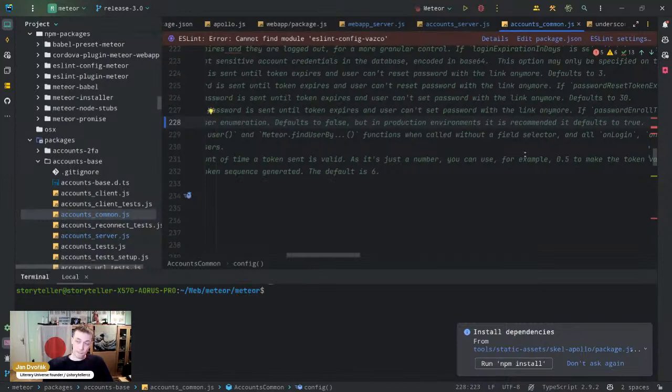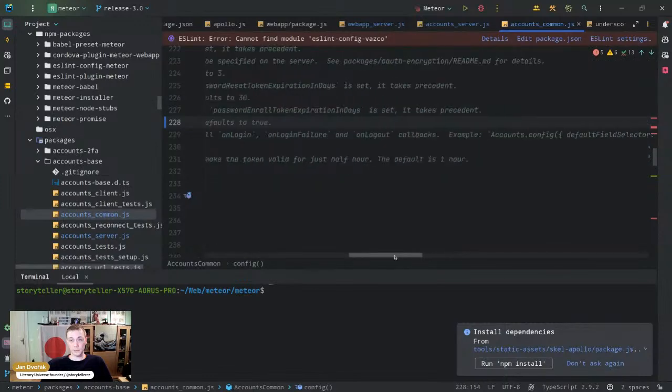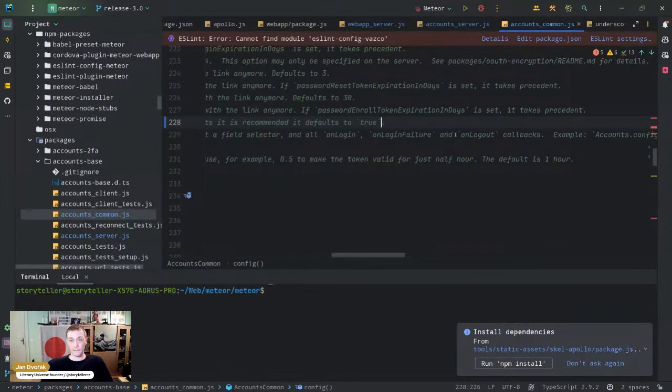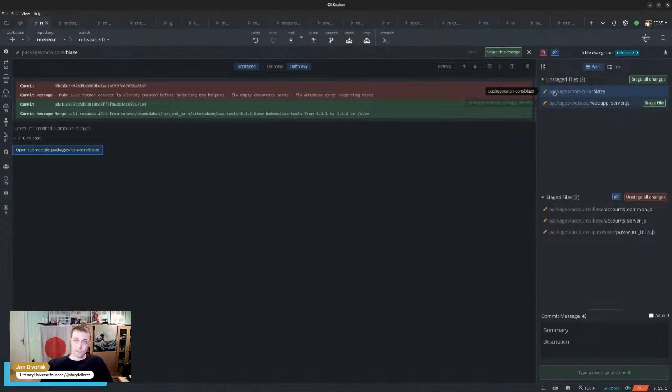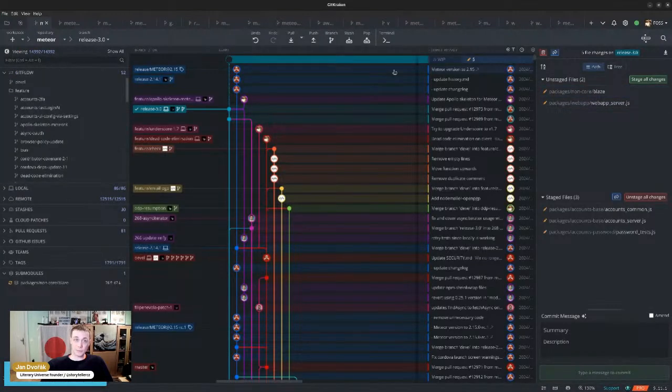So this will be more for, I would say, added security. Looks like we got a release of Meteor version 2.15, everybody. Hearing it live, breaking news. Meteor 2.15 has been just released. But